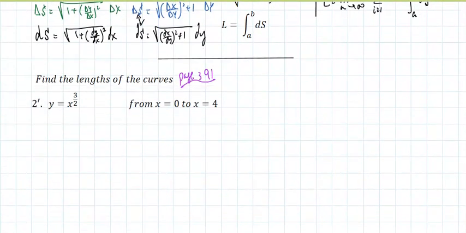It says, find the length of the curve. No need to graph it. So I know that L equals the integral of ds. The question is, should I proceed with the x or the y? So this is how I decide. When I decide how to do this,